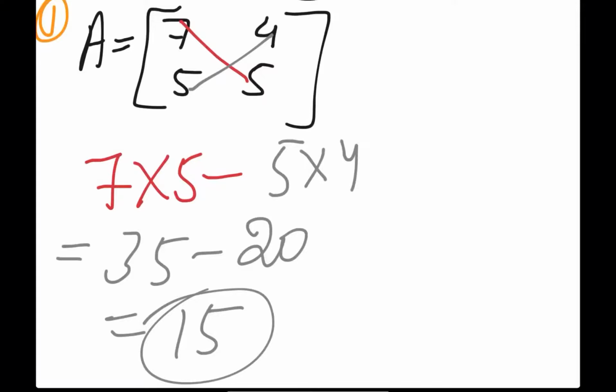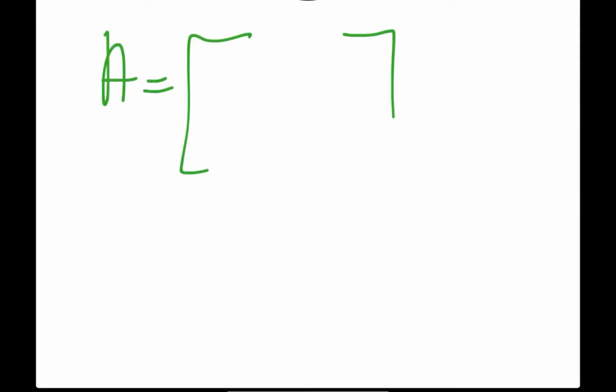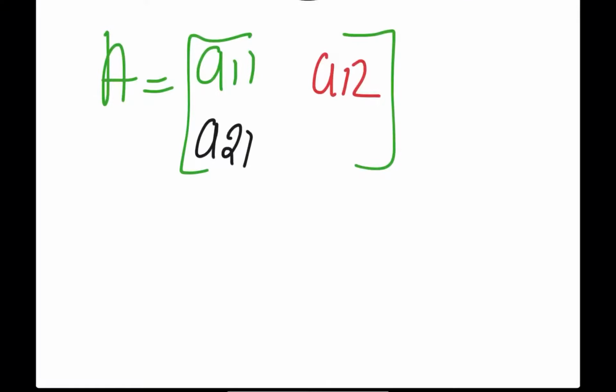So before going on, a simple thing: this was a matrix with values so that you could understand it. Now generally if I write a matrix A of a 2 cross 2 matrix, I can write it like this: A11, the first element in the first row and first column. Then this one becomes your A12, first row and second column. This is your A21, second row and first column. And this is your A22, second row and second column. This is how you write the general elements of a matrix if the elements are not known to you.